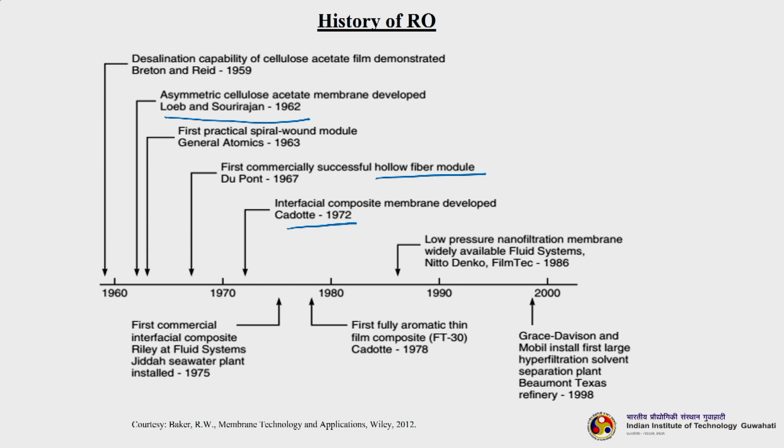Then the first fully automatic thin film composite, the TFC membrane, whose brand name is FT30, was invented by Cadotte in 1978. Subsequently many other developments have taken place, like the low pressure nanofiltration membrane proposed by Nitto Denko and Filmtech in 1986. Then in 2000